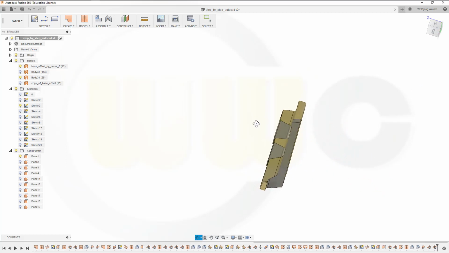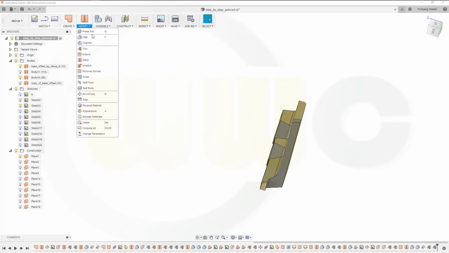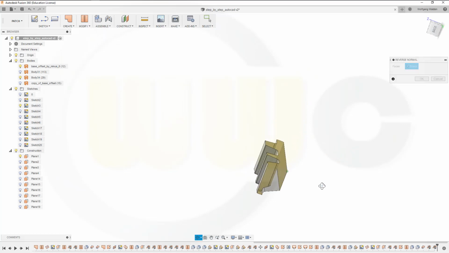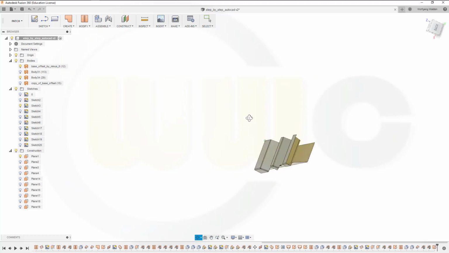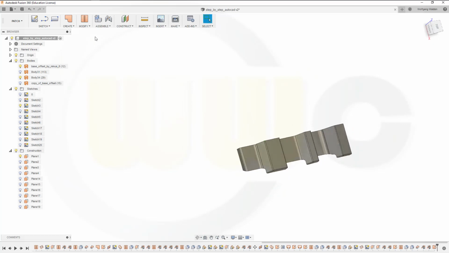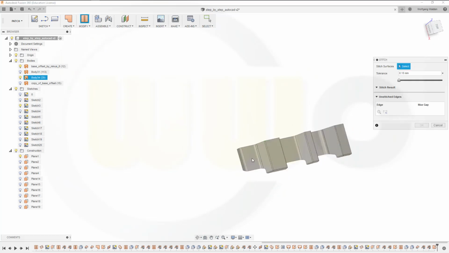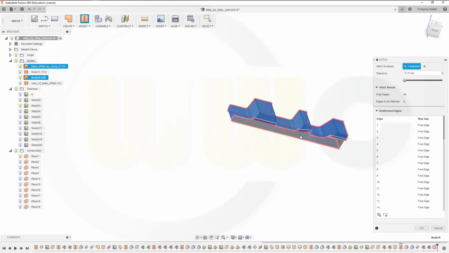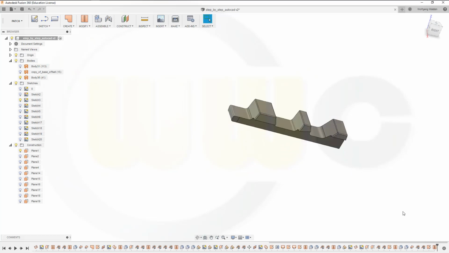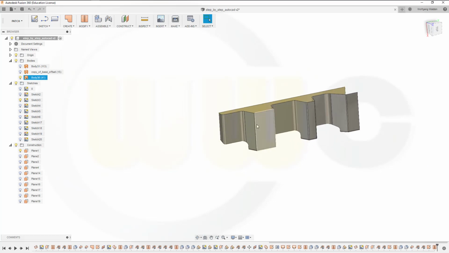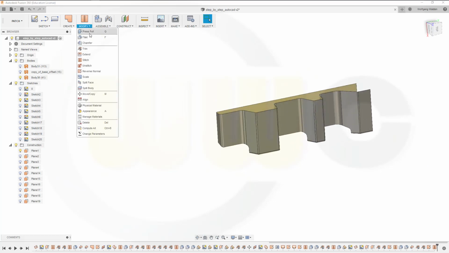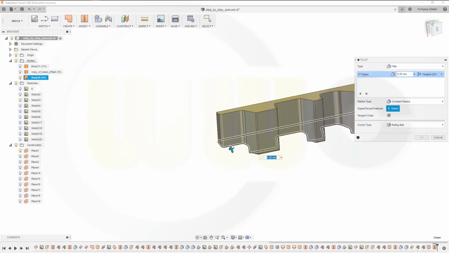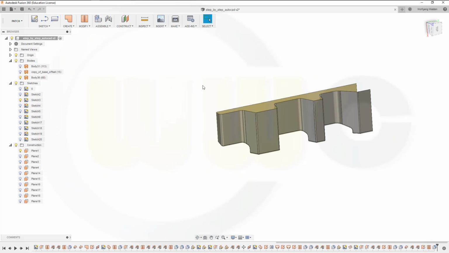And of course I could reverse the normal here and confirm. Now stitch it, this one and that one. Okay. And give it a fillet on this edge, and maybe 3mm. Okay, nice. Now I would need